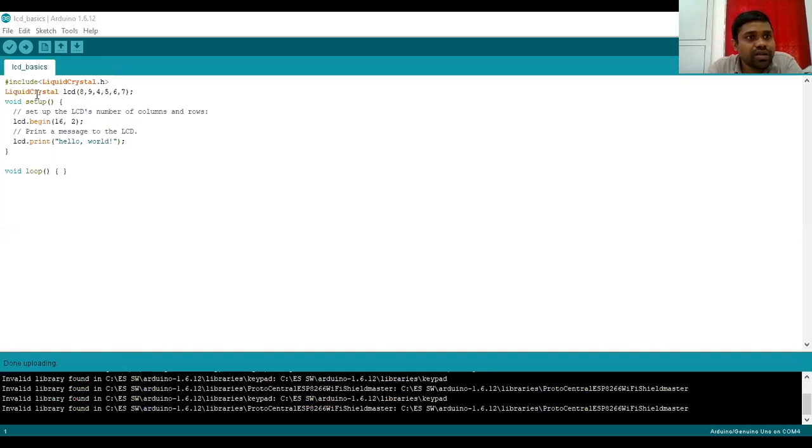Now, in the Arduino IDE, first I have written the library LiquidCrystal.h. After that, the pin mapping between the Arduino and LCD pins. In the setup, I've written the initialization statement lcd.begin(16, 2). Next, whatever we want to display should be written in lcd.print. That is hello world, and then the while loop.